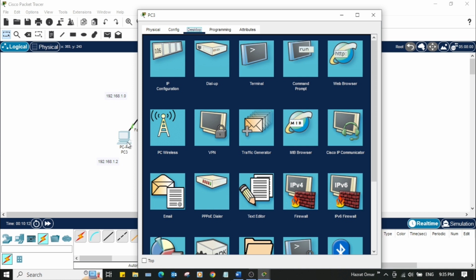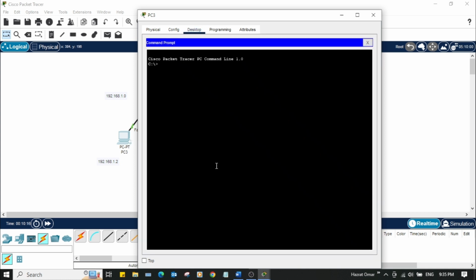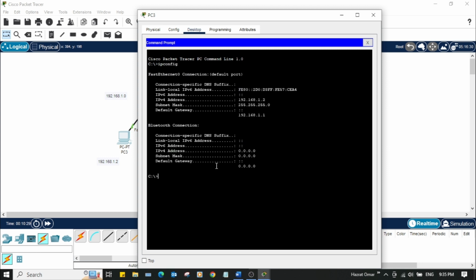Again, we can click on any PC, and then we go to command prompt here. First, if you want to see, this is like real time in your computer at home. If you type CMD in the Windows search and open the command prompt, and type ipconfig, it shows the IP address of your computer with default gateway and all the information. Now I want to ping, this is 1.2, and I want to ping 1.4,